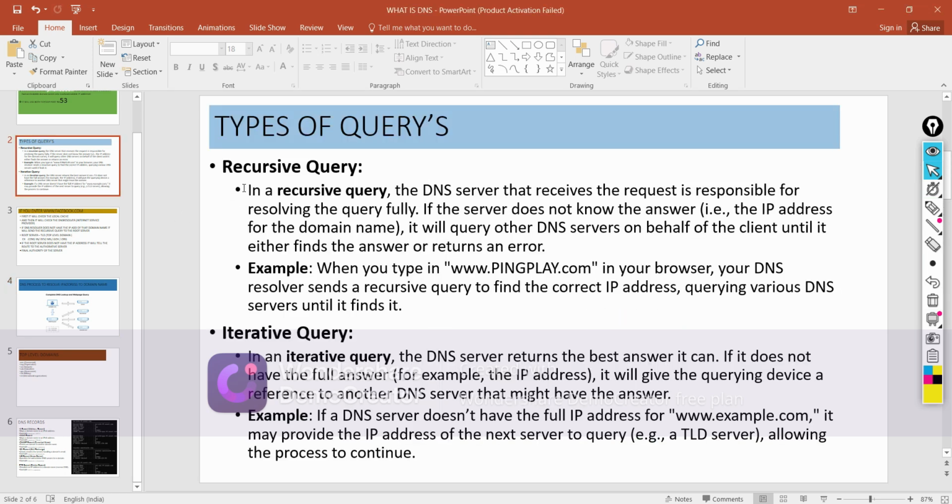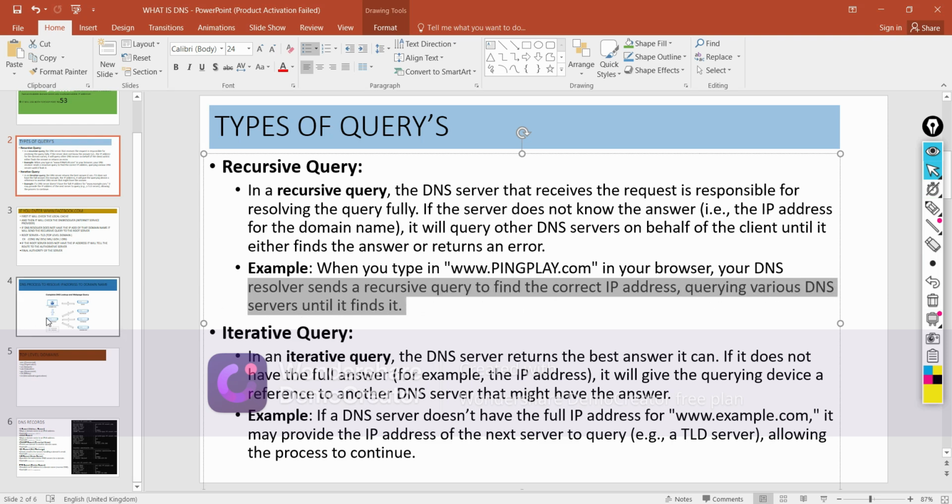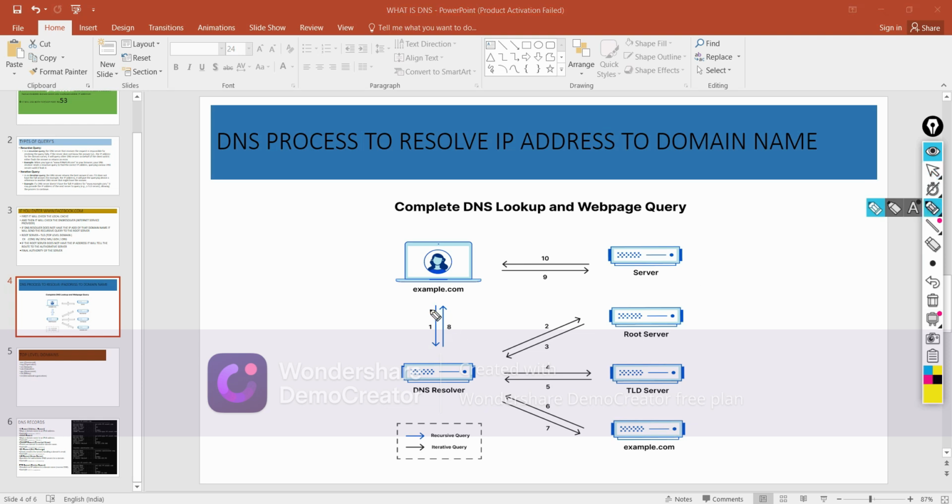See here. A recursive query is nothing but the DNS server that receives the request being responsible for resolving the query fully. If the server does not know the answer for the IP address of the domain name, it will query the DNS servers on behalf of the client until it either finds the answer or returns an error. For example, when you type play.com into your browser, your DNS resolver sends a recursive query to find the correct IP address, querying various DNS servers until it finds it. As I told you earlier,